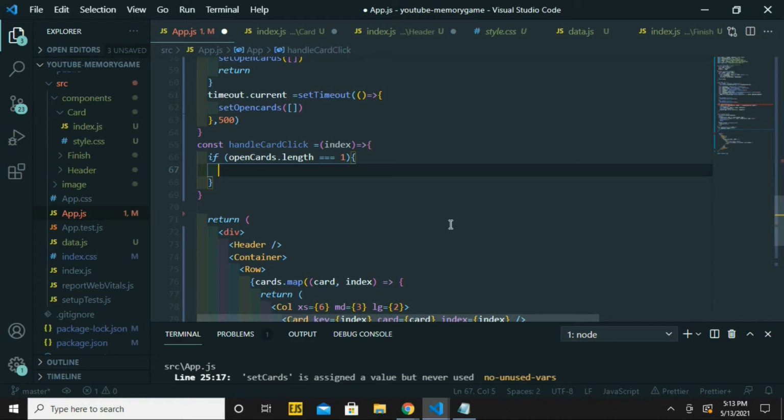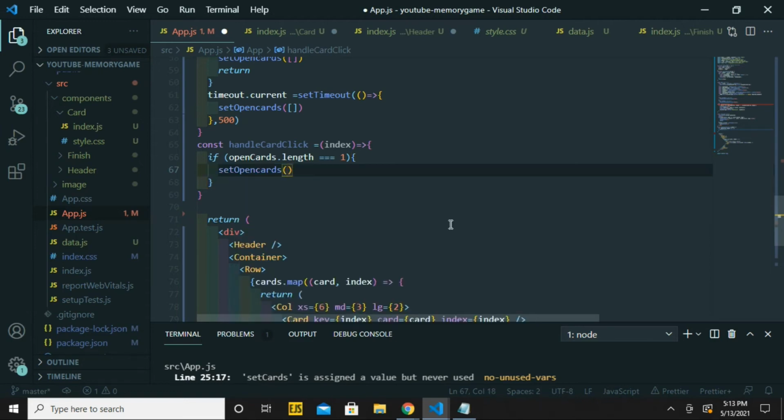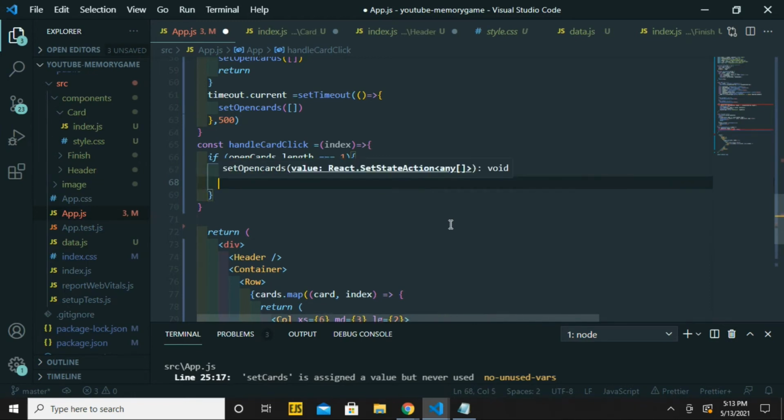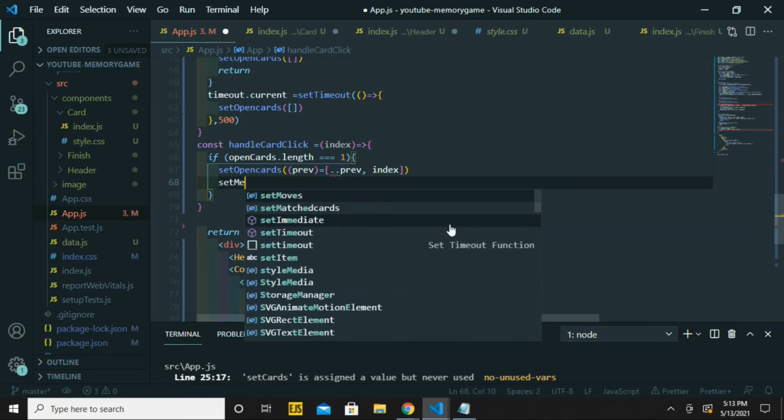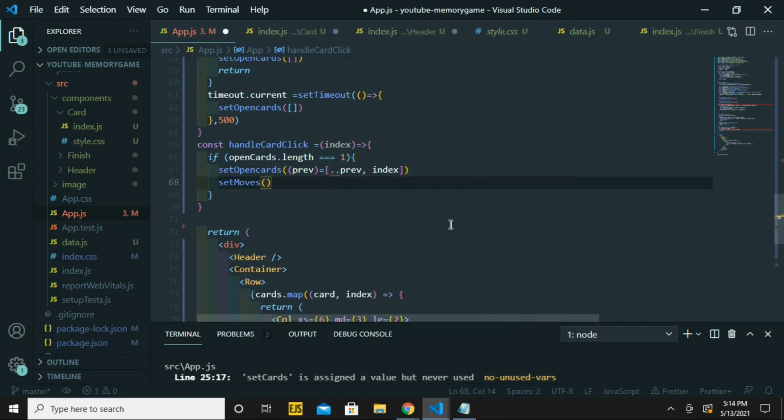So if open cards dot length is equal to 1, then set open cards to, we're going to have the previous value here again, and in an array we are going to call target the prev as well as the index here, and then also increase our moves, set moves, increase it, pass moves here, and increase it to moves plus 1,